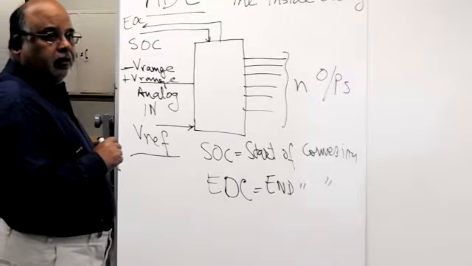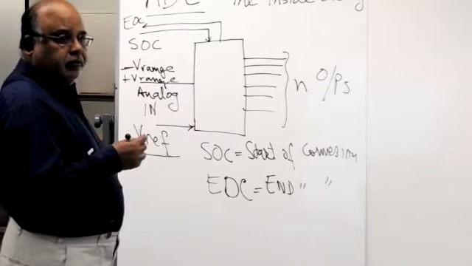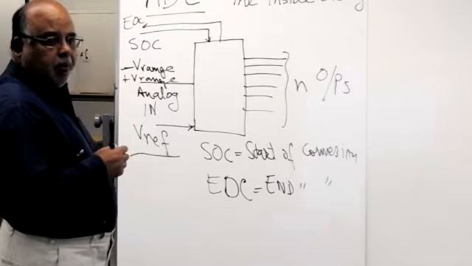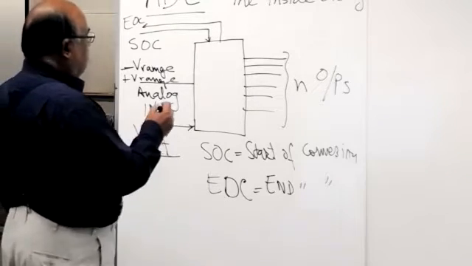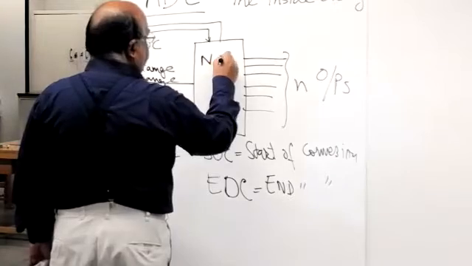So we have a start of conversion and end of conversion. So basically, when you give a start, this n bit ADC